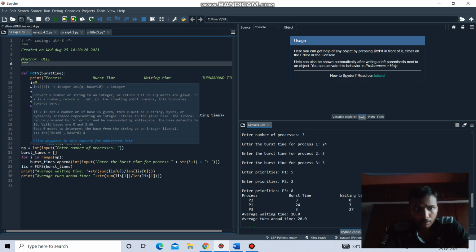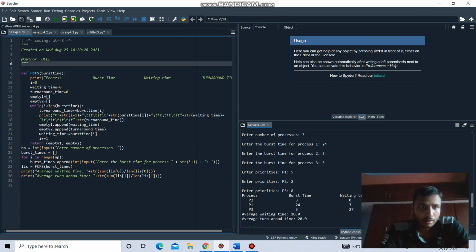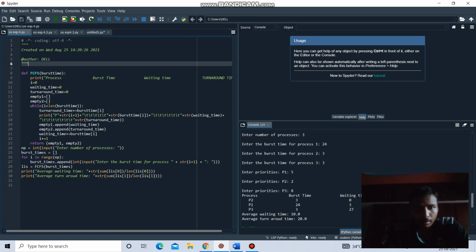Then i is equal to 0. Then wait time is equal to 0. Turnaround time is equal to 0, and empty1 is equal to null, and empty2 is equal to null, while the loop i is less than the length of burst time. Then turnaround time, and the burst time is equal to i, and print the process string of i plus 1, tab, and string burst time of i,